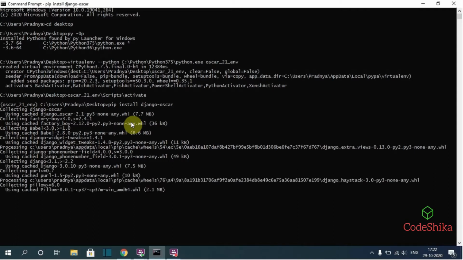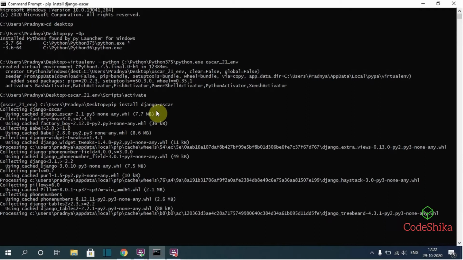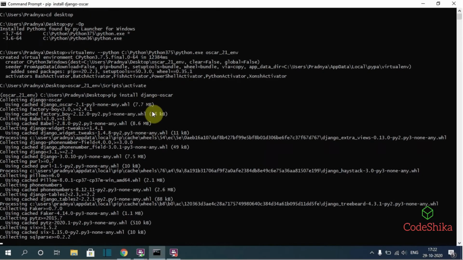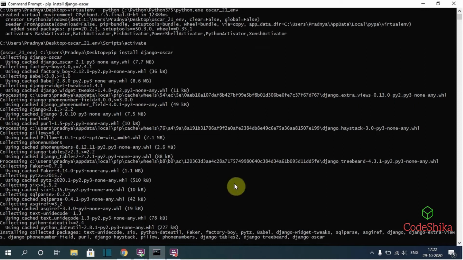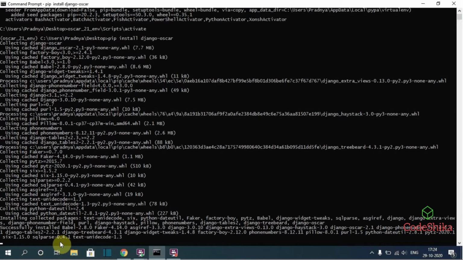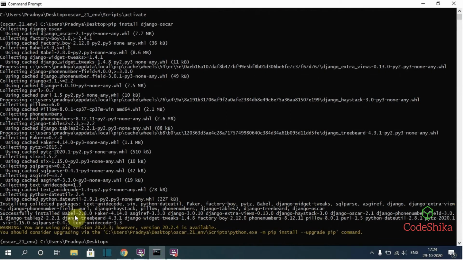And this will install Django by default because of its dependency, so we don't need to install Django separately. Okay, you can see here it successfully installed Django Oscar version 2.1, and because of its dependency it installed Django 3.0.10.